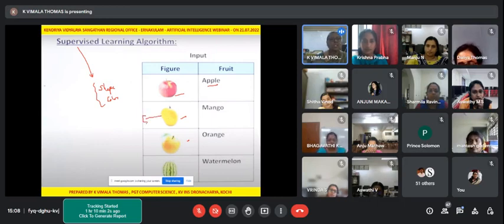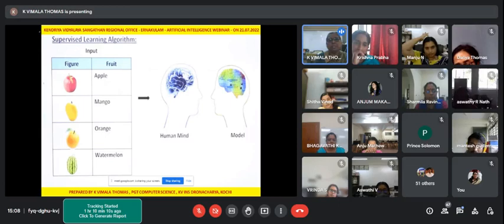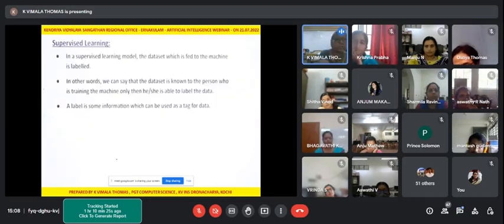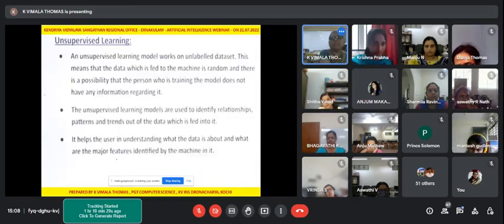So this is how you train. You are telling the rules and the reasons, that is supervised. Whereas in unsupervised, when you show so many varieties, a watermelon may look like a cucumber. So you have to train the model with a large number of data sets to make it distinguish it from the cucumber. That is what we are doing in supervised, unsupervised, and reinforcement learning.